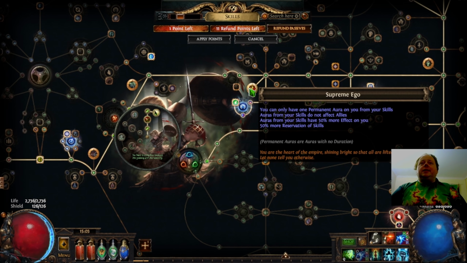Supreme Ego means that you can only have 1 permanent aura on you from your skills. But these aren't now permanent auras. I can have all 4 of them up all the time, benefit from all of them. Auras from your skills don't benefit allies. That's unfortunate, but I'm playing solo. Auras from your skills have 50% more effect on you, which is tremendous, and 50% more reservation of skills,